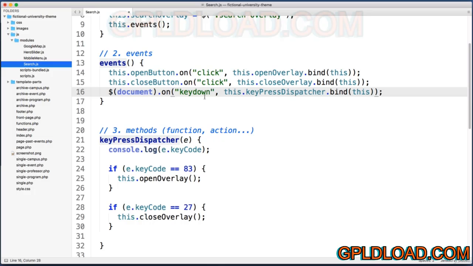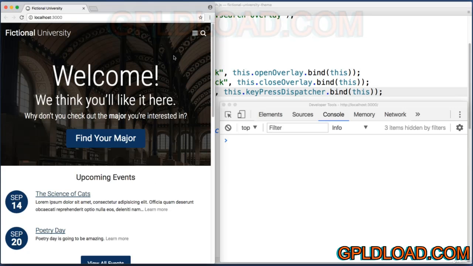However, there's another key difference between key up and key down. Key up will only fire once, but key down will fire again and again as long as you hold down the key. Every browser is different. Some might fire the event every 5 milliseconds or every 500 milliseconds, but let me show you what I'm talking about. If we set this to key down, save it and give it another try,